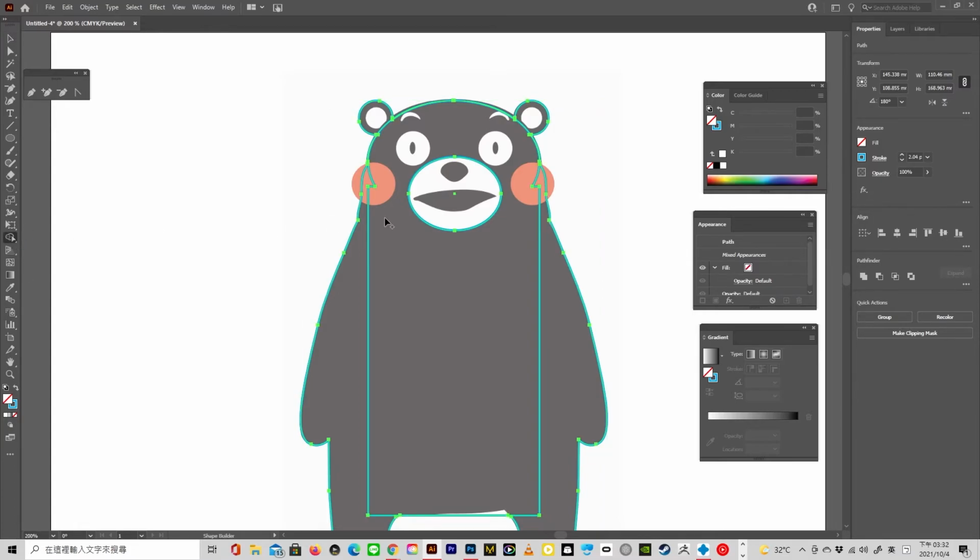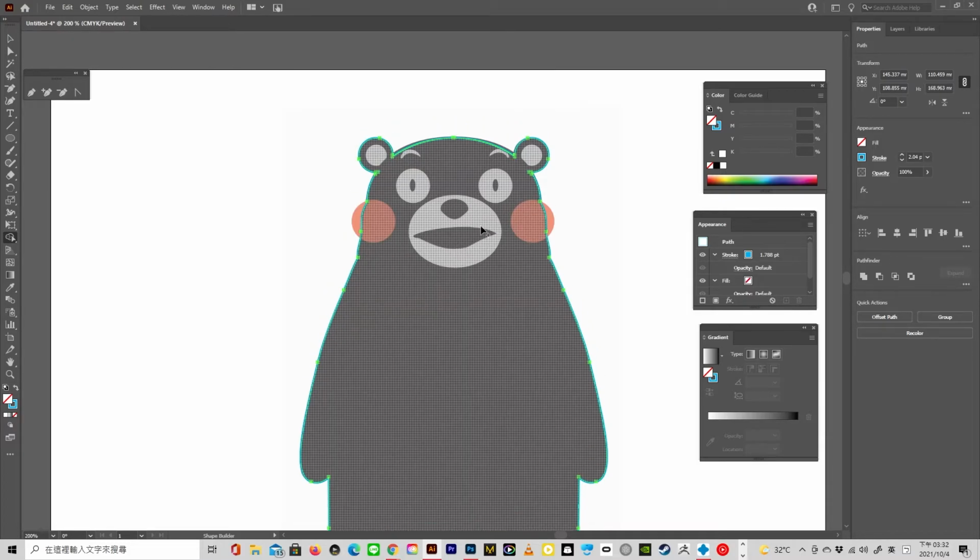Shape Builder tool. Once I run it through all these, including the mouth and both ears, on the left side and the right side, and let go, it'll all become one piece. But you'll say, okay, teacher, Paul, we just made the mouthpiece. If you do that, we have to make it again. Yeah, of course. But